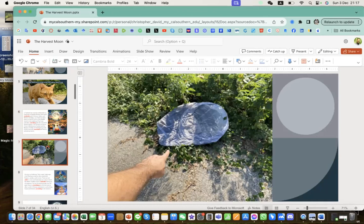This is an example of the floating lantern the following day. They're all over the place. Now, it's not too bad pollution-wise, because the paper disintegrates and the metal is very thin wire, and metal is not really a pollutant so much. Of course, if these land in the oceans, which of course they do, fish are going to get caught in them and all that. So not great, but